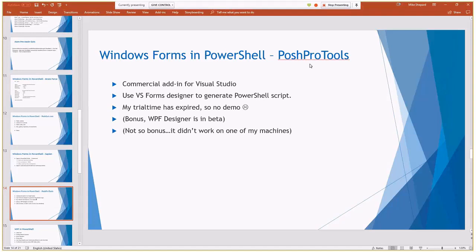At the time I wrote this slide deck, there was a beta version of a WPF designer. I don't know if that's still beta or if that is actually released or not. I haven't bought this tool, so I can't show it to you. And also, the WPF part didn't work on one or more of my machines. I'm not sure if the WinForms did or not. But it is a nice tool, and